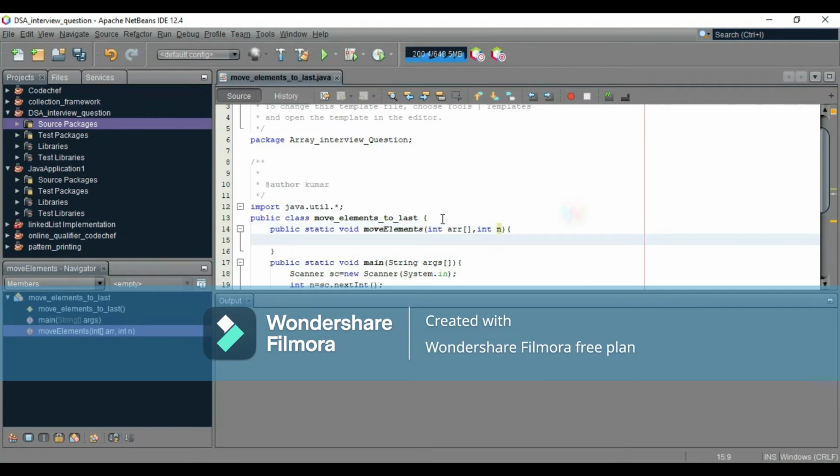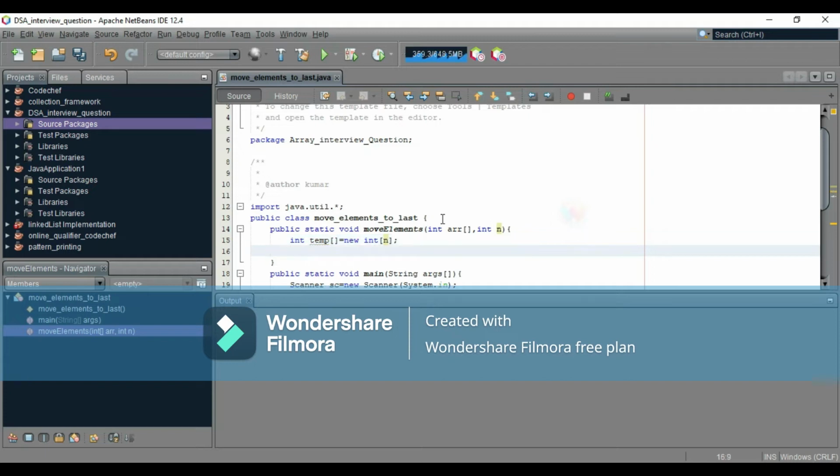After that I take a temp variable, that is, temp is equal to a new array of size n to store the new elements of the array, means to store our result into the array, and take a variable j is equal to 0,